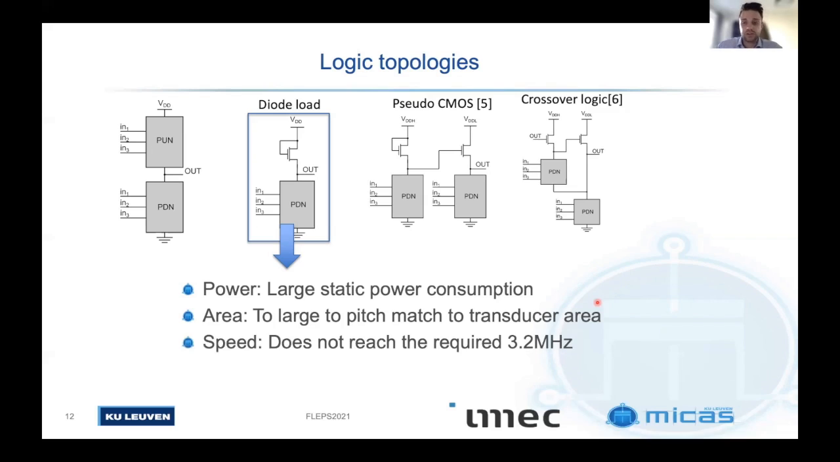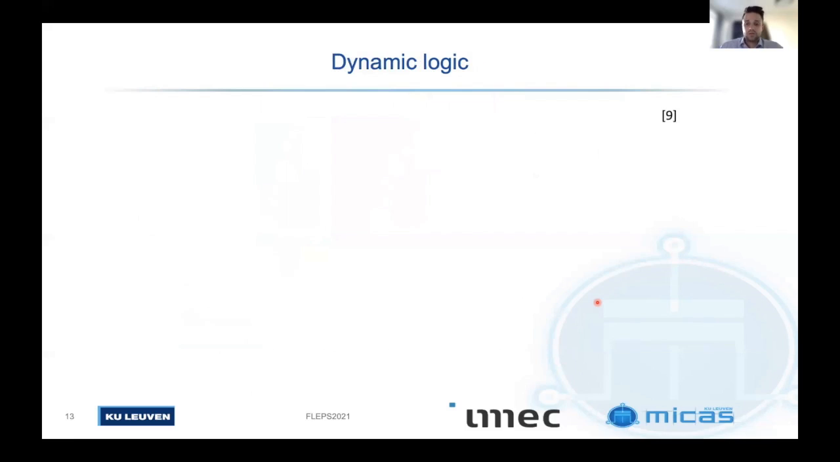Lastly, but most significantly, the speed does not meet the 3.2 megahertz spec that we have set for our ultrasonic driving. Now, if we take a look at all the other topologies in literature shown here, none of these topologies actually meet the ultrasonic driving spec. Now, in order to find the right topology that facilitates operating speeds required for ultrasonic driving, we can take some